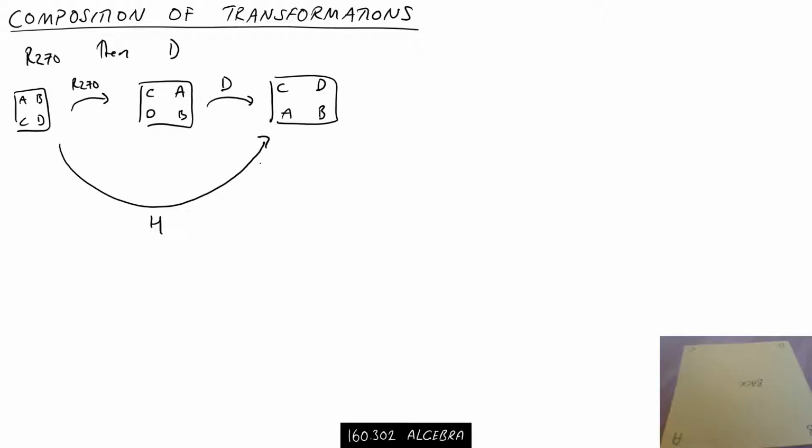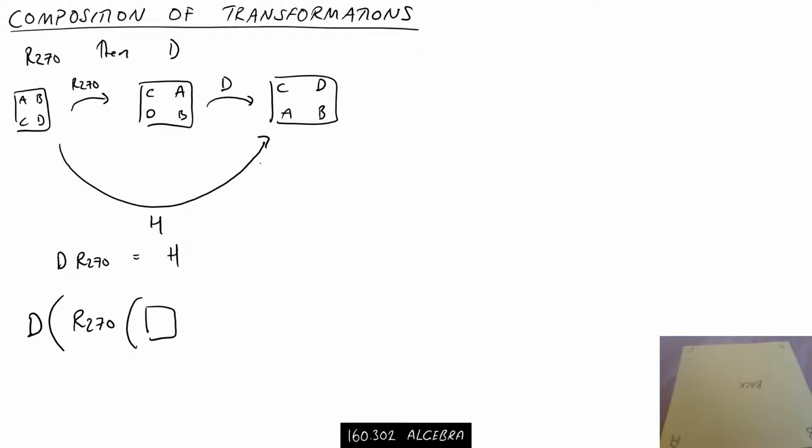Okay, the way we write it is we write D R270 is equal to H. Now you may look at that and think, hang on, you've written those back to front. We did R270 first, and then we did D, and that gave us H, but you've written them back to front. Well, the reason we write it this way is because we're thinking of it as function composition. So the way that maybe I would think about it is that we're doing the function R270, because remember this is like a function on the square,